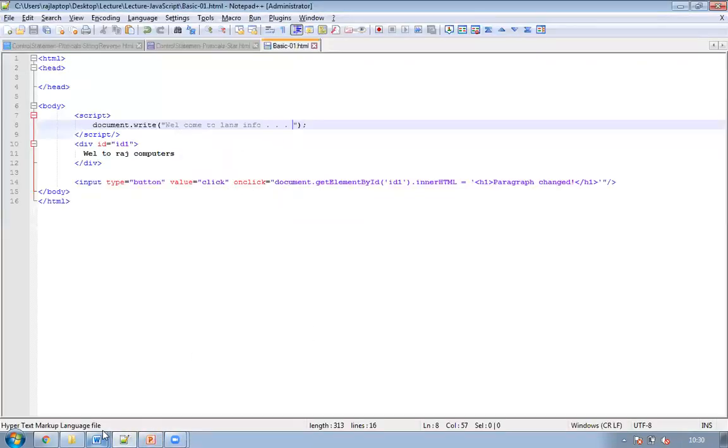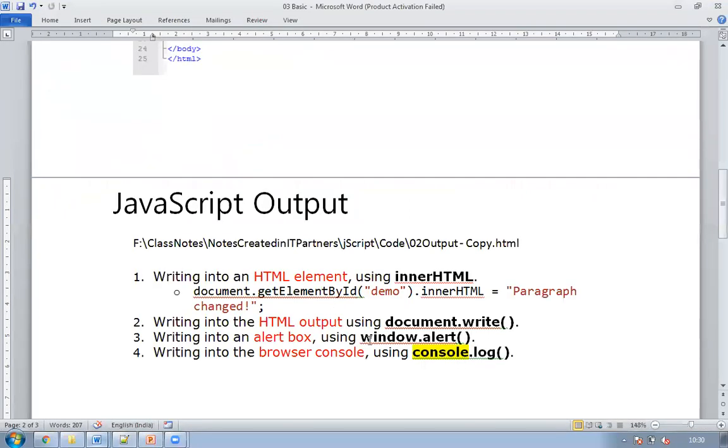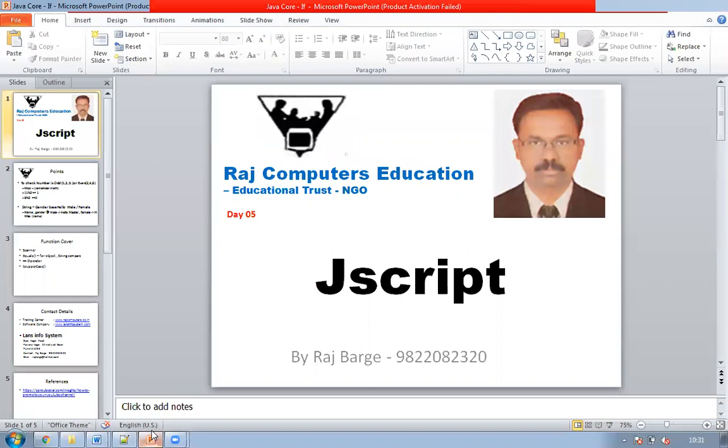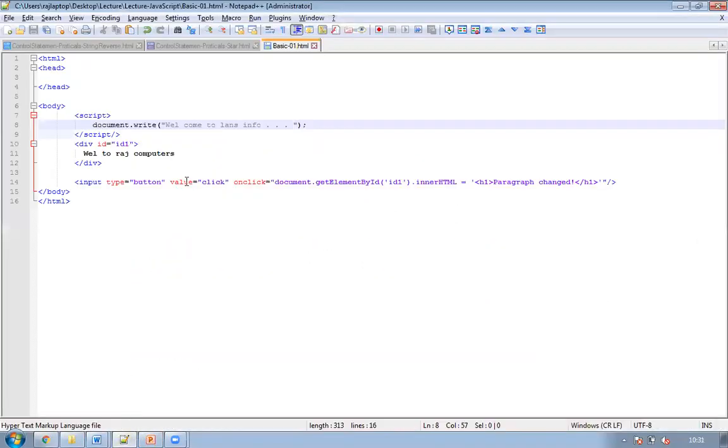So normally we use document.write a lot of times. Next is alert. We even use this. There is window.alert. It's very important. It's window.alert or just alert. So mostly how do I use that? I use this to display a message. Fine.